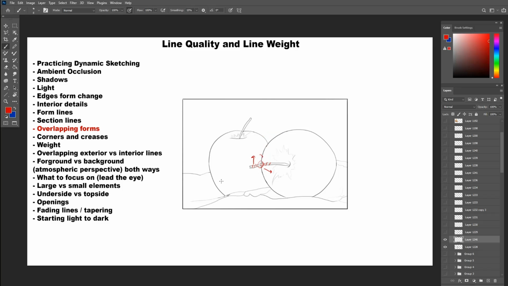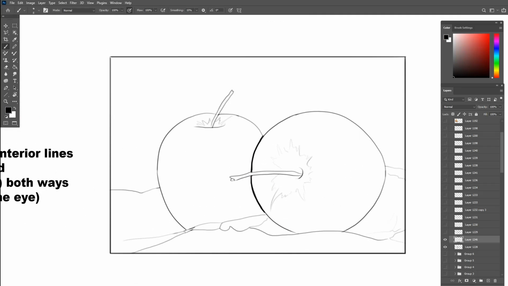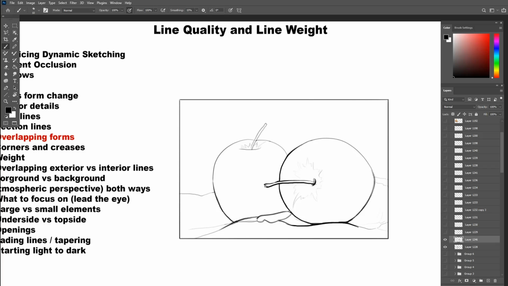The same will be between the little fabric on the ground eclipsing the bottom of the apples. It will also start having a thicker line as it eclipses the apples. This way the objects will have their own space, and it will also tell us which is in the front and which is in the back, giving us more depth of field information than if it was all one line thickness. When the overlapping ends, the thickness of the line will just taper off.